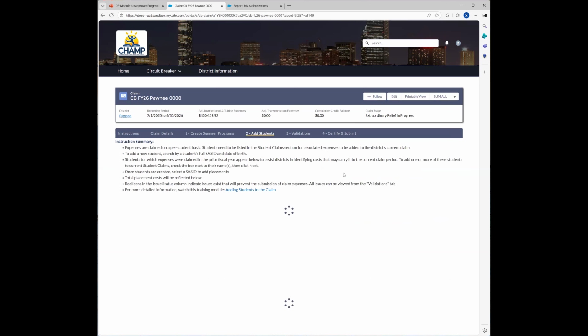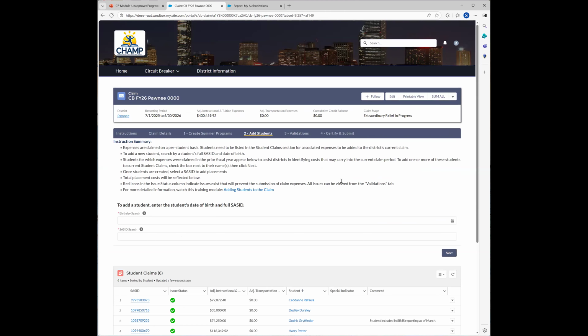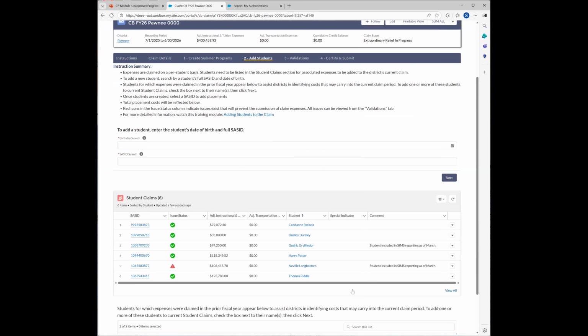I'm going to go to the Add Student list, and I'm going to scroll down and show you that the student Neville Longbottom has a red issue status, indicating that there's a problem with this claim that needs to be sorted out before I'm able to submit the expenses associated with Neville. In order to figure out what the problem is and why there is a red issue status,